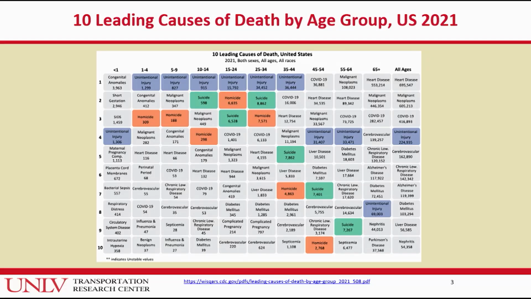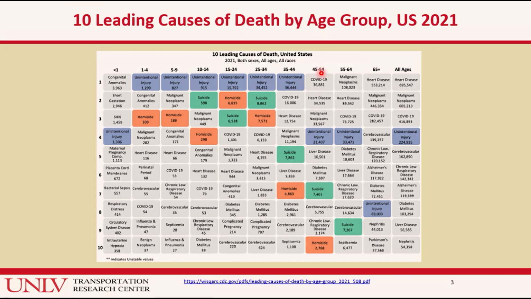I mentioned in my discussions that traffic crashes are the leading cause of preventable deaths in the United States, and I wanted to show you the actual data. This is from a health agency. What you see here are preventable deaths for less than 2 years of age, less than 1 year of age, and all the way up to age 44. Traffic related unintentional injury, which is essentially traffic, is the leading cause. The top has columns for ages, and the rows are the rank, and this is based upon 2021 data. You see all the way from 1 to 4, 5 to 9, and so on, up to 35 to 44, traffic crashes are the leading cause.